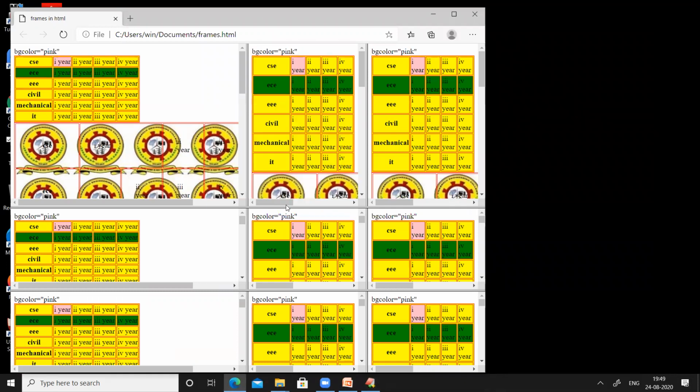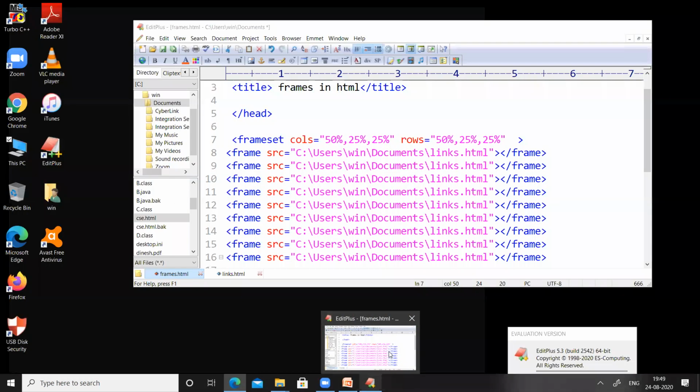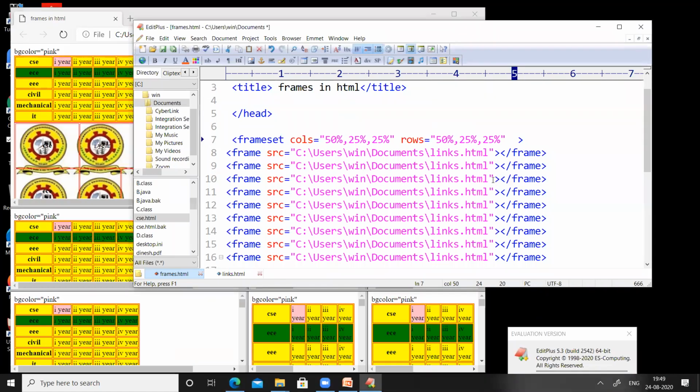You can observe both horizontal and vertical scroll bars have been set automatically for each and every frame of the web page, right? So that means by default, these scroll bars are set in HTML5. If some people don't want to display their entire data in the web page, they want to display the first part, some part.